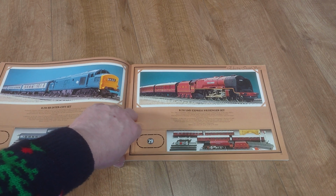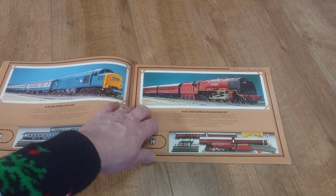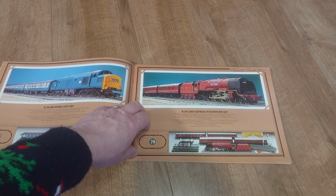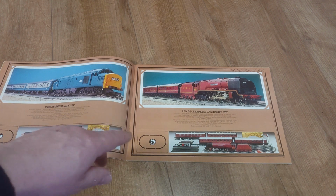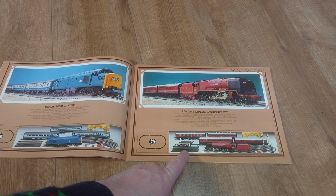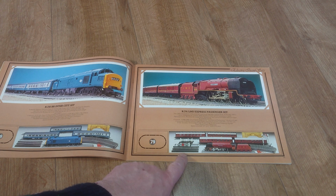But the set we're looking at today is the R791 LMS Express passenger set. Now this one, and I know this, came out in 1978 and then in 1979, both years. The reason why it changed is the railer uncoupler ramp. This thing is the reason why it changed. So basically 78 didn't have this, it just had an uncoupler ramp with a post. But in 79 this came out as a railer and uncoupler ramp, and basically that's the only difference between the two sets, and obviously the R number as well. So yes,